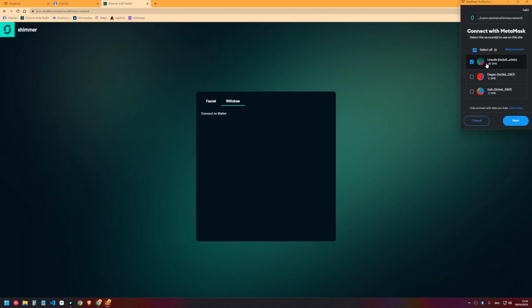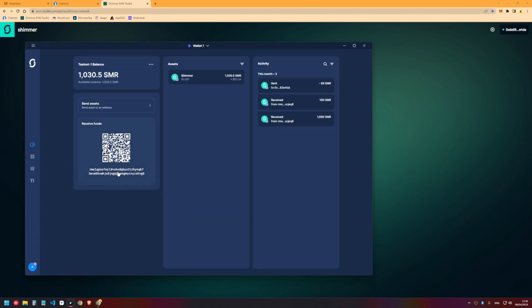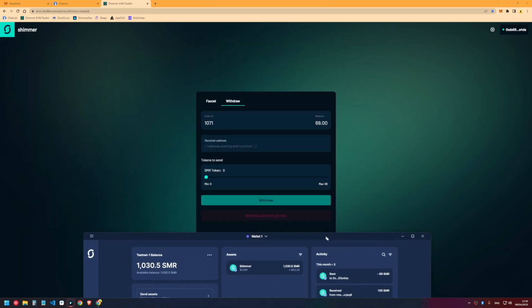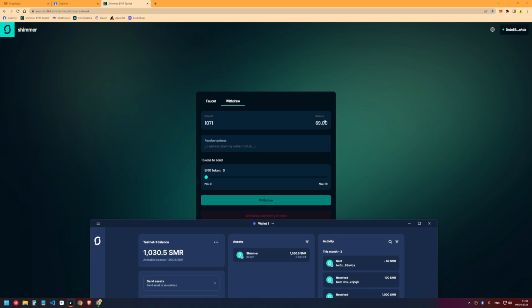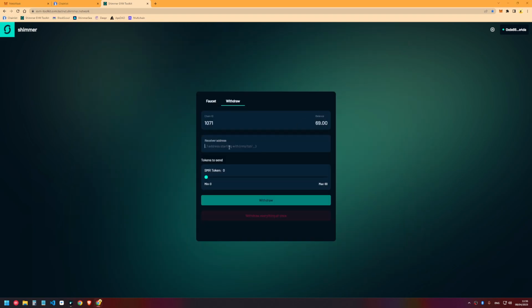We have to connect our wallet first, of course, unsafe wallet, right? So we have the 69 Shimmer that we sent previously from this address. Now, if we want to make a transaction back from layer 2, so from Shimmer EVM to our Firefly wallet, we need a receiver address. The receiver address is basically the Firefly address where we want to receive the money. You can just copy it from here, and then we paste it here,